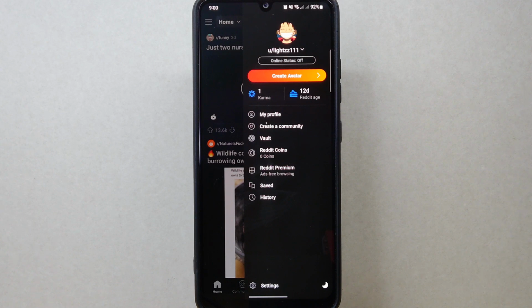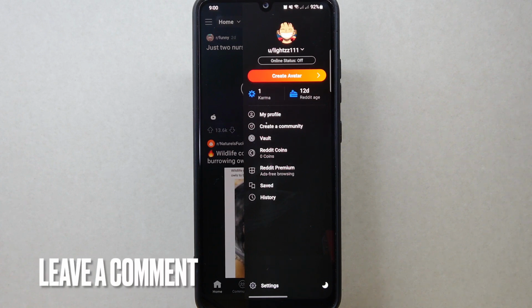There you go. If you wanted to know how to turn off online status on Reddit, that is the easiest way I know how. If you know another way to turn off online status on Reddit,